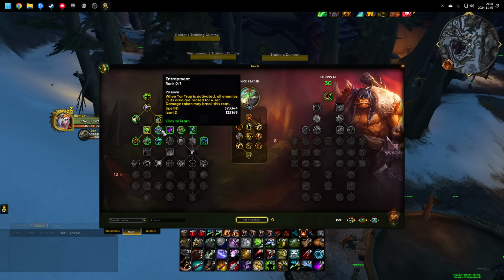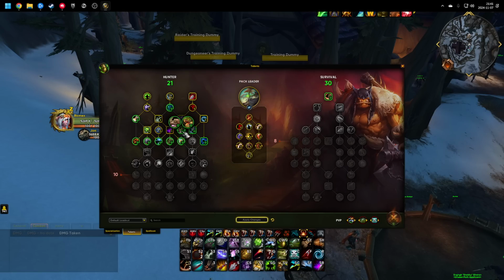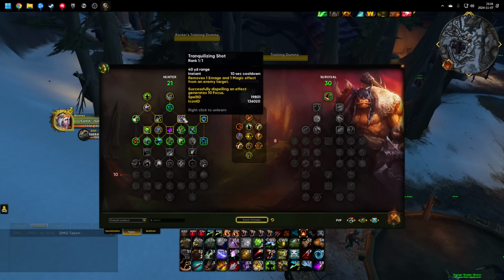Then over here you have your Tar Trap now roots people. One thing to know as well is the fact that this root is on the root DR. So keep that in mind. You're gonna put a lot of people on the root DR if you use this, so good to know. Then over here you have your interrupt. It's just an interrupt. Then over here we have Kodo Tranquilizer, which makes your tranquilizing shot, aka your purge, an